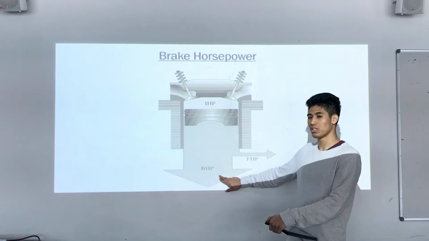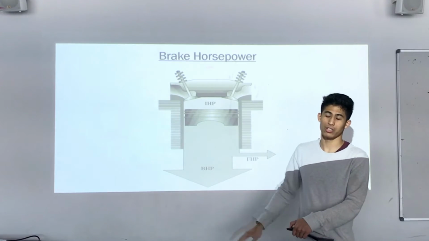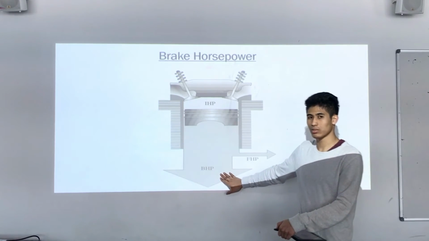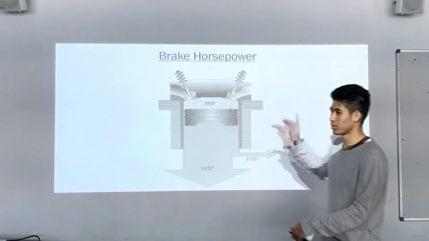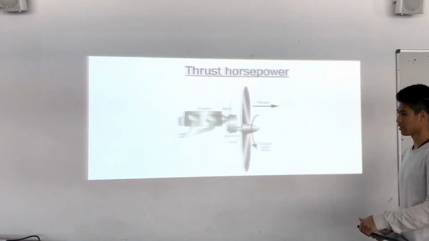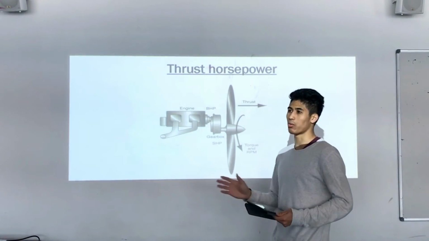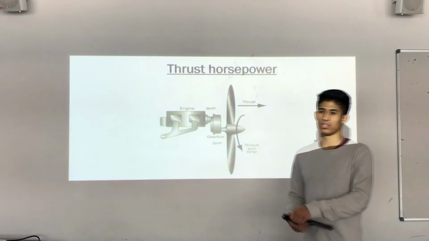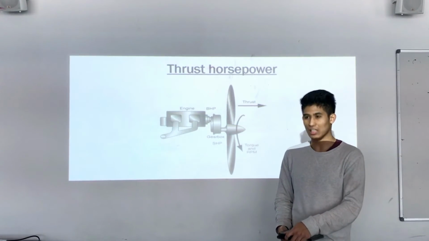This energy is then used to push the piston downwards, which helps turn the crankshaft with the aid of the connecting rod. But as the brake horsepower pushes the crankshaft in order to spin the propeller, that 30% of energy is still not